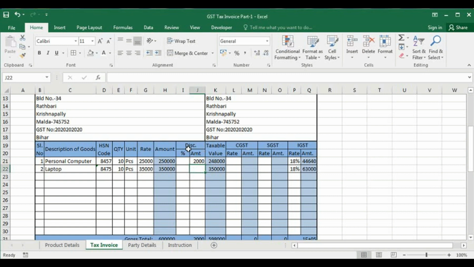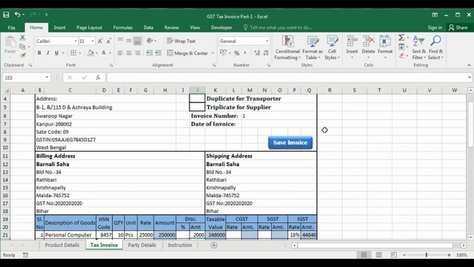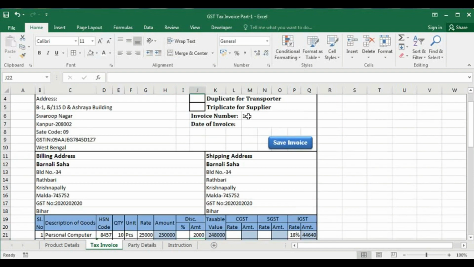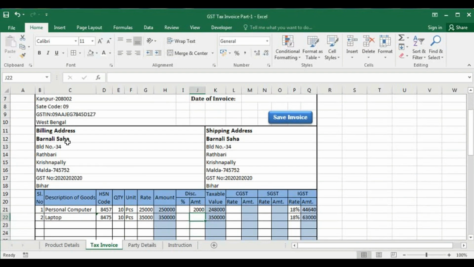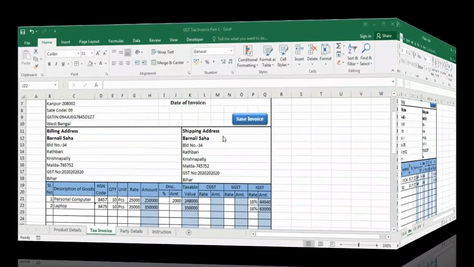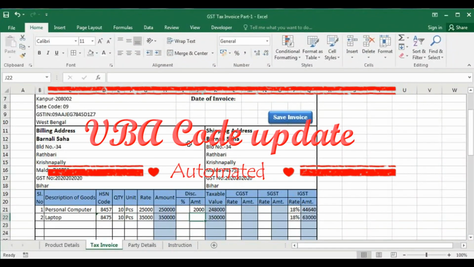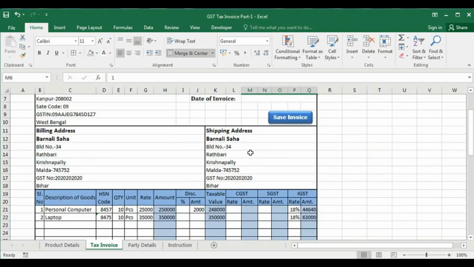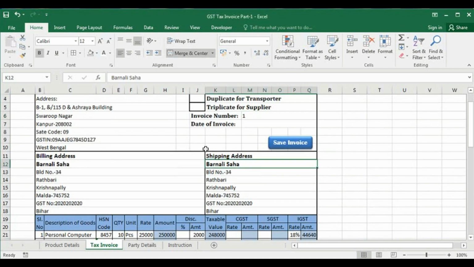Now we will create here a button to save this invoice value, that is invoice number, date, party name and the grand total. So before doing that, we have to do some little changes in the VBA code for this cell and this one. So first of all, this became K, before it was J, and it was L, now it is M. So this code should be changed.